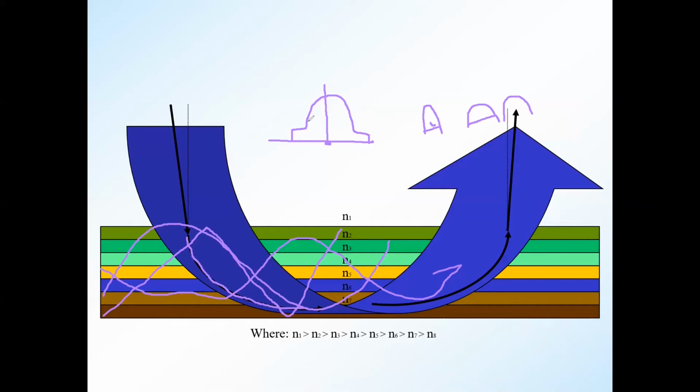Is it clear? The difference between a step index and a graded index. Step index ये था आपका प्रोफाइल, ये है आपका ग्रेडेड इंडेक्स. ग्रेडेड इंडेक्स में एक पैरामीटर आता है which is called alpha, or the profile parameter, which depends upon the shape. Normally we take this alpha to be 2, which is a parabolic profile. Okay.